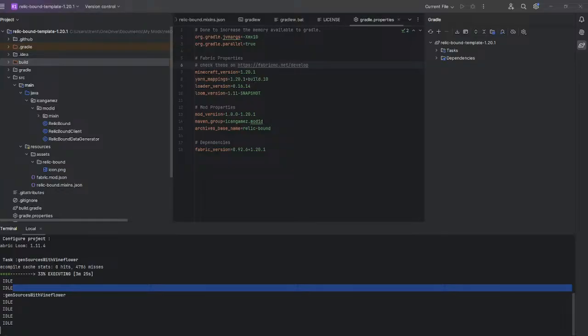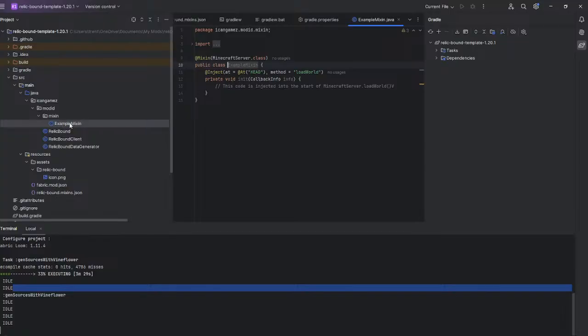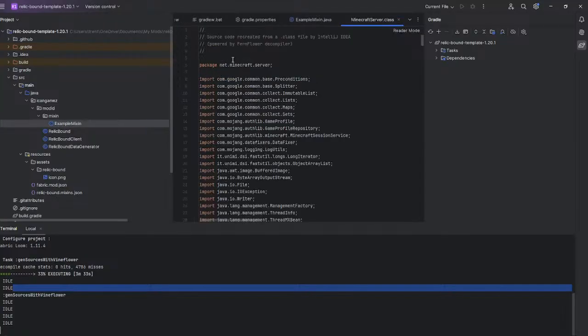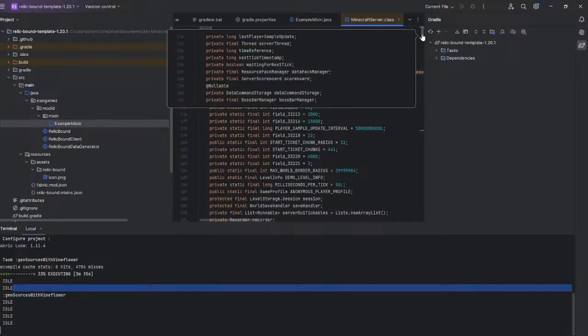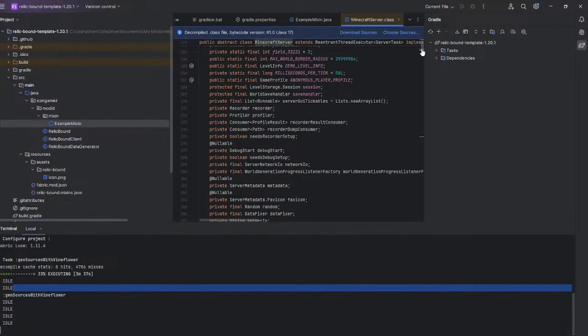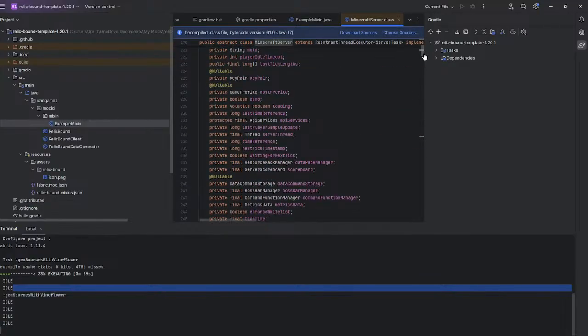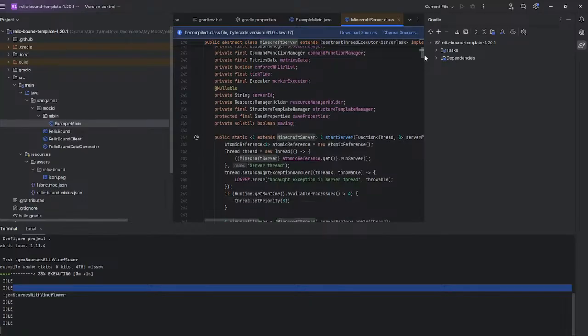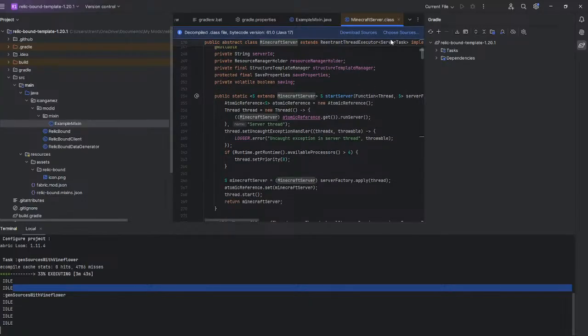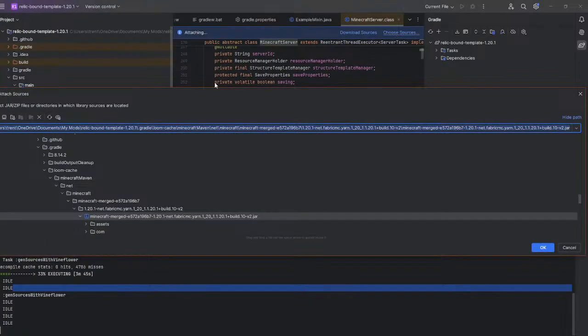And what we want to do now is we want to go into the example mod mixin over here, and we just want to middle mouse click on the Minecraft server. This will open the Minecraft server class over here, and you will see this blue line. This means that we're not actually getting the correct source code, and what you can do now after you've done the gen sources is you can click on this choose sources button, and we're going to choose the dash sources jar over here. This should be the new one that